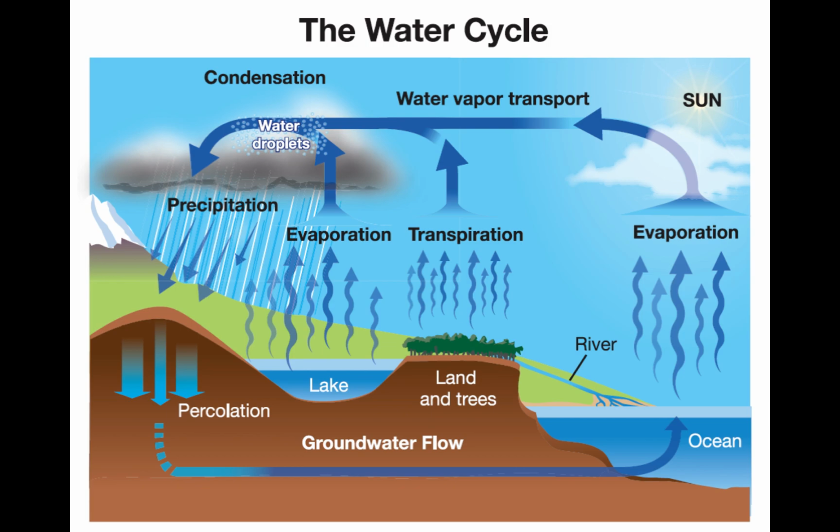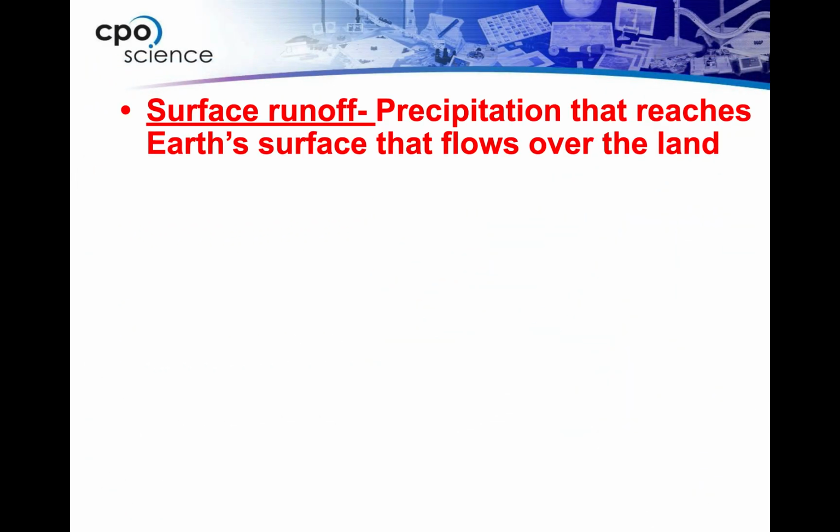When that water falls back to the earth, it's in the form of precipitation. If it soaks down into the ground, we then call that percolation. So all of these things are parts of the water cycle. It's been happening for millions of years. It will continue to happen. And as we stated earlier, it also helps filter the water that goes through the water cycle.